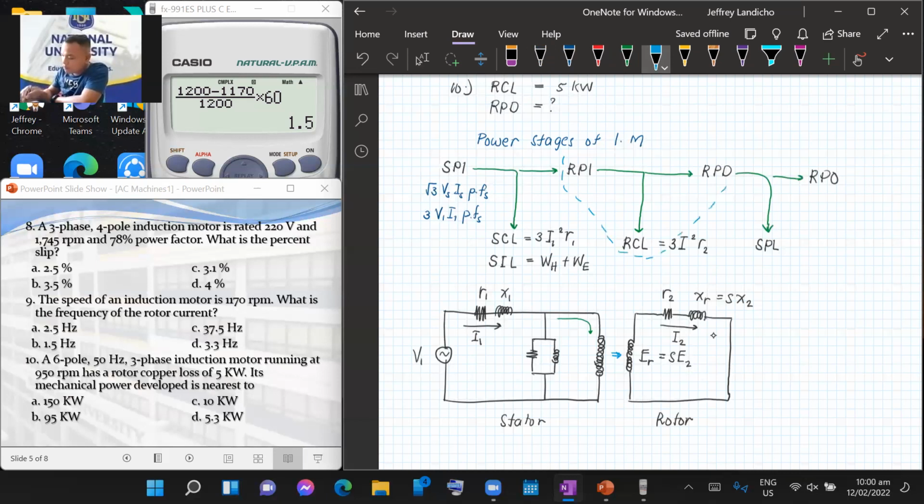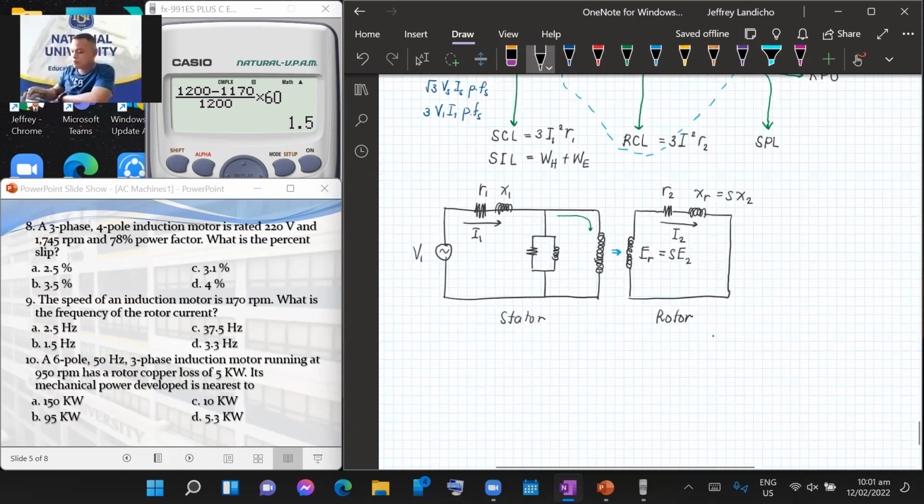Yung ating RTI, RTD, at saka RCL. Most of the time, dyan umiikot yung tanong sa power ng ating induction motor. So, kailangan makita natin ano relation ni RTI, ni RCL, at saka ni RTD. So, tulad ng binanggit natin, yung power develop or mechanical power develop, wala na yan sa equivalent circuit. Kasi mechanical. Pero kung gagamitan natin yan ng mathematical approach, pwede natin kunin yung equivalent resistance that represent the power